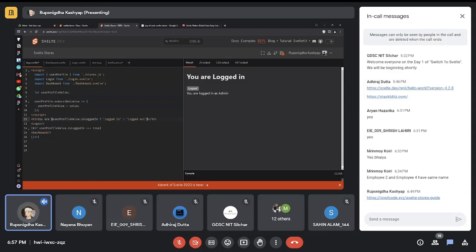So now you have user profile value dot is logged in, right? So again, is logged in may either be true or false. If it is true, we get you are logged in. Since we are logged in, if you click this, you get you are logged out. And then we have another if statement. If we are logged in, we will show the dashboard,